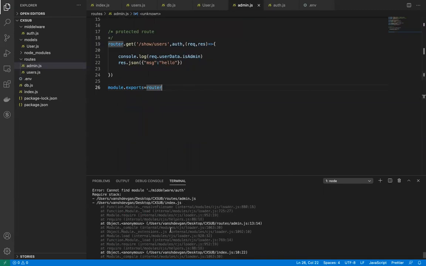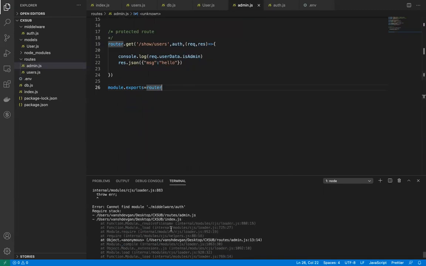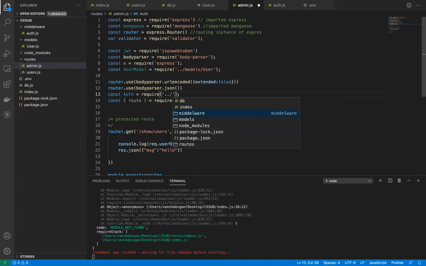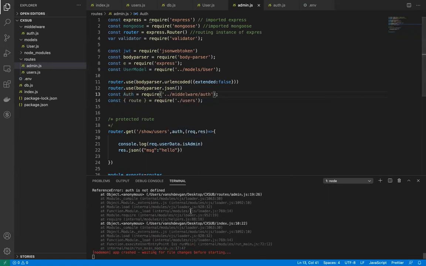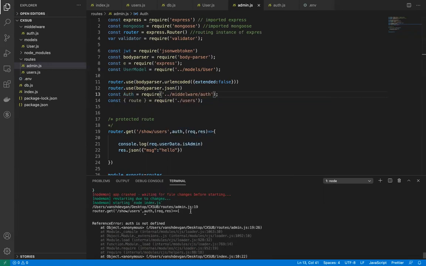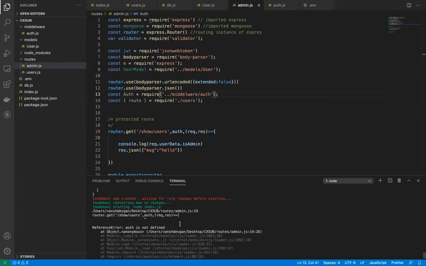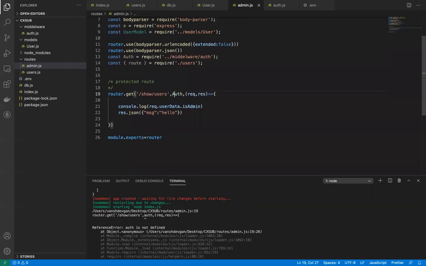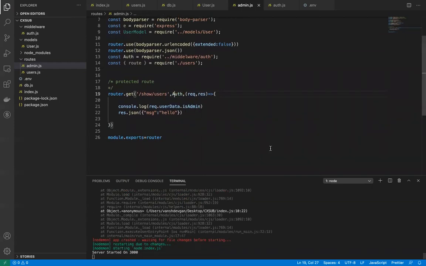The error we are facing over here is cannot find the middleware auth. So auth equal to require auth, and it will be in middleware slash auth, and again we are getting an error, auth is not defined. We have this Auth with capital A, and now it's fine.